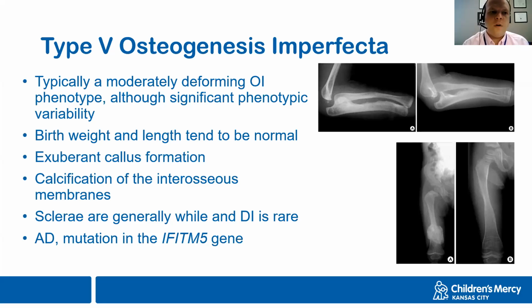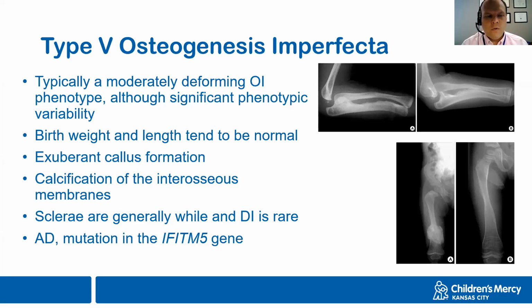There are some phenotypic differences that can be really helpful diagnostically with this condition that are not generally present in other forms of OI, in that they tend to have things like exuberant callus formation, and this occurs oftentimes over long bone fracture. And you can see in the bottom radiographs, on the left, that's a pretty big callus there. You can see that's post-traumatic, and they do tend to resolve over time, but that's a pretty big callus, and that should give you some helpful clues.